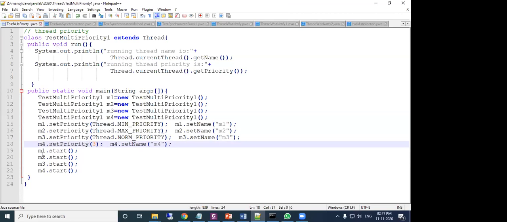Now M4.setName, for M4 also I have set the name. Now when we start M1, M2, M3, M4, four threads are ready to run. So which one will be given more priority?